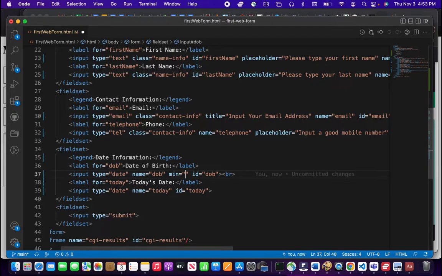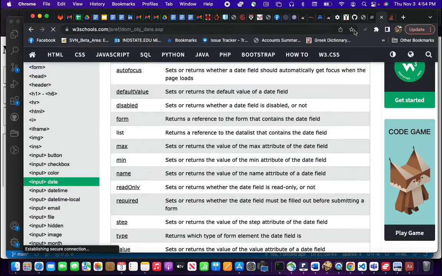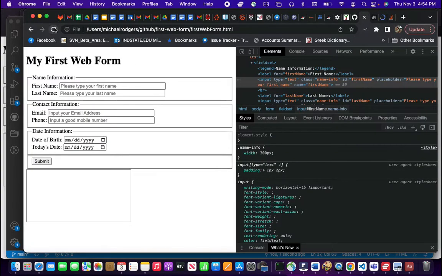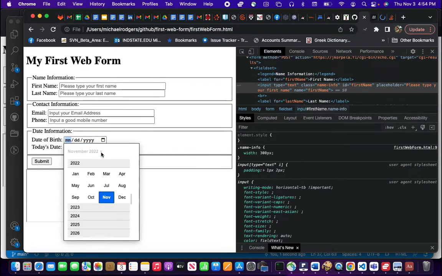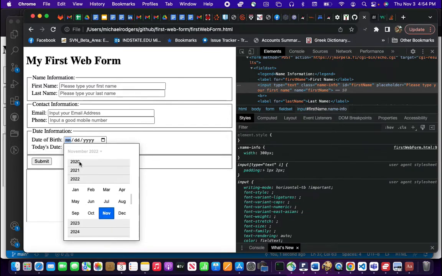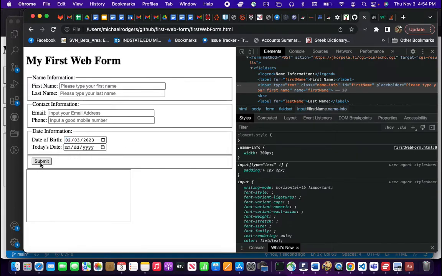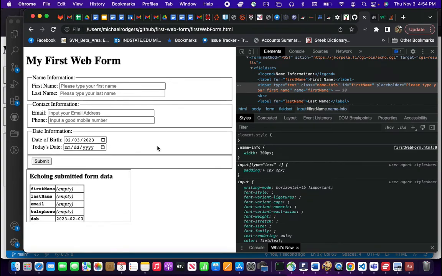If this is 2022, let's say that the minimum date is 1923, and max is 2022. So, see if it'll block it. No, it's not going to block it, but there should be